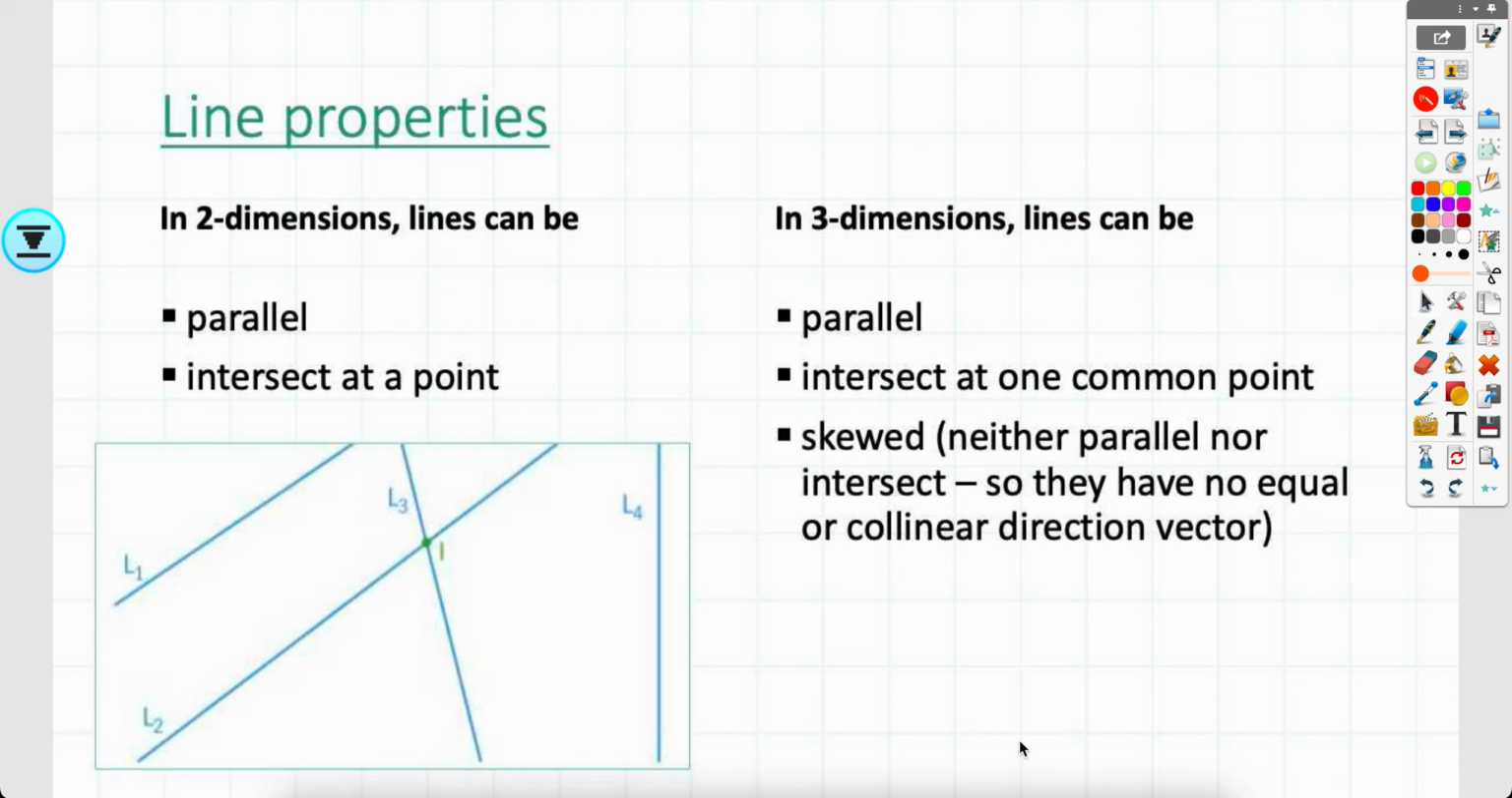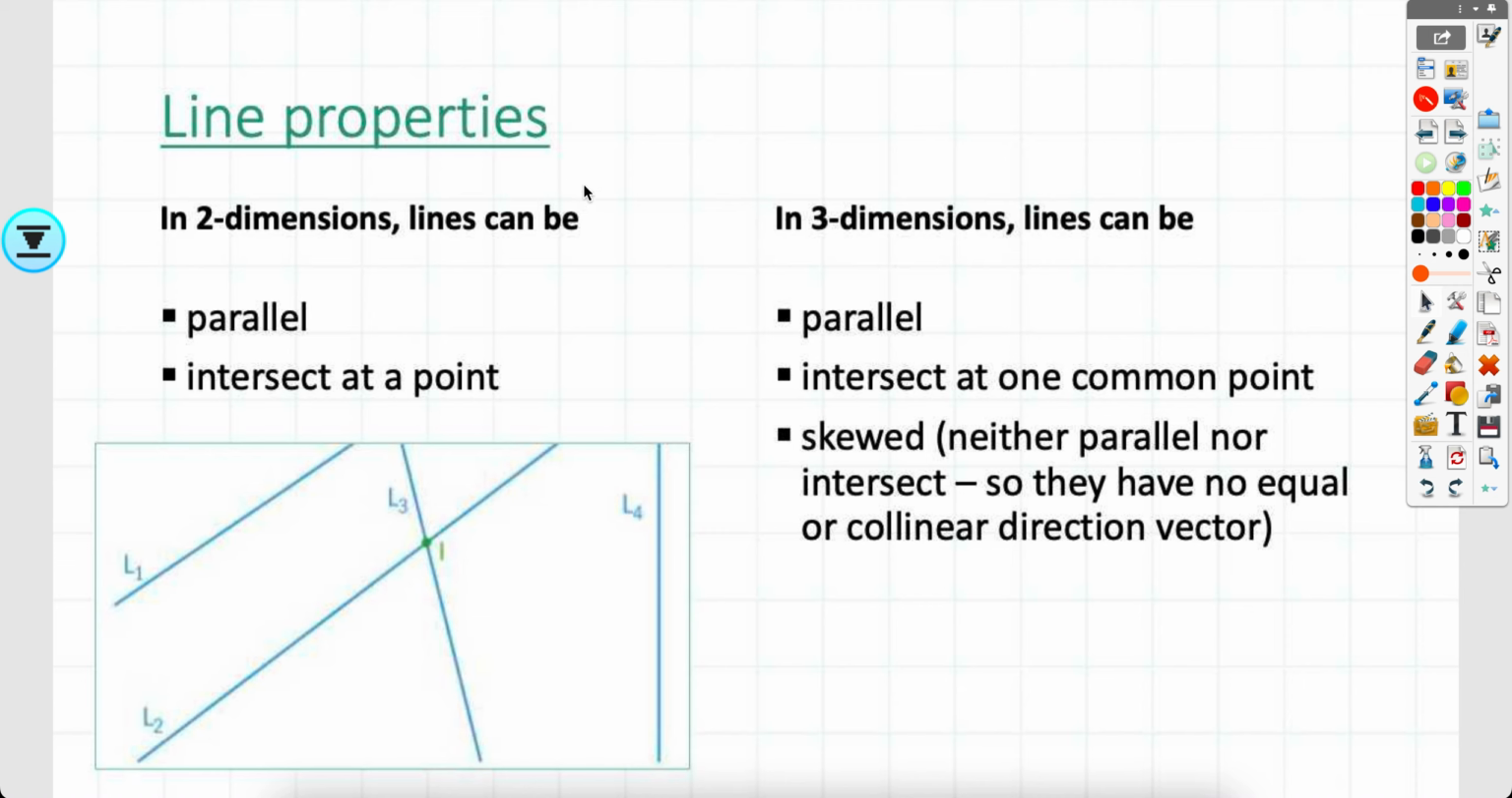Now that we've established how to write the equation of a line and we've done different questions about them, we now want to see the relationship between two lines or three lines, for example. We've done some similar questions in the previous lesson, but now we're going to dive a bit deeper. So, line properties: if we have two-dimensional lines, then the lines could be parallel